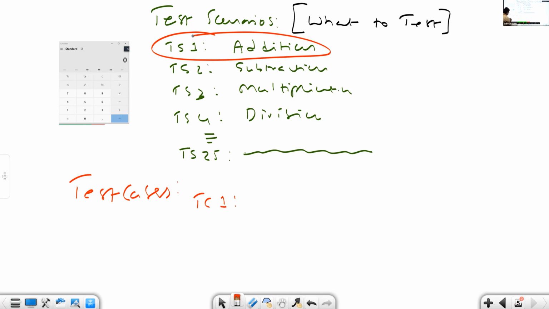Test cases are nothing but how to test. What to test is called a scenario, addition. How to test the addition, if neatly documented, is called a test case. My plan will be like this. First, check addition functionality